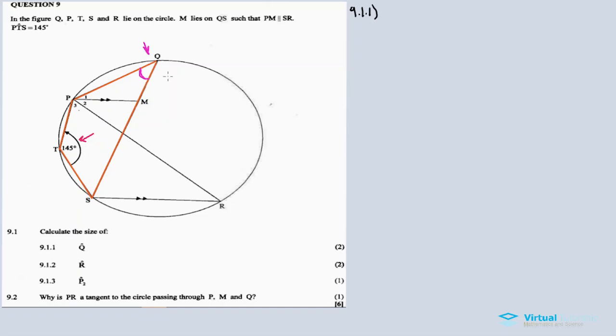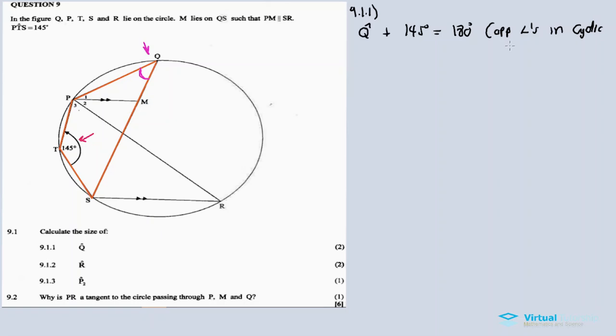We know that we have a theorem: opposite angles in a cyclic quad are supplementary. So angle Q plus 145 degrees should get to 180 degrees. Why? It's because of opposite angles in a